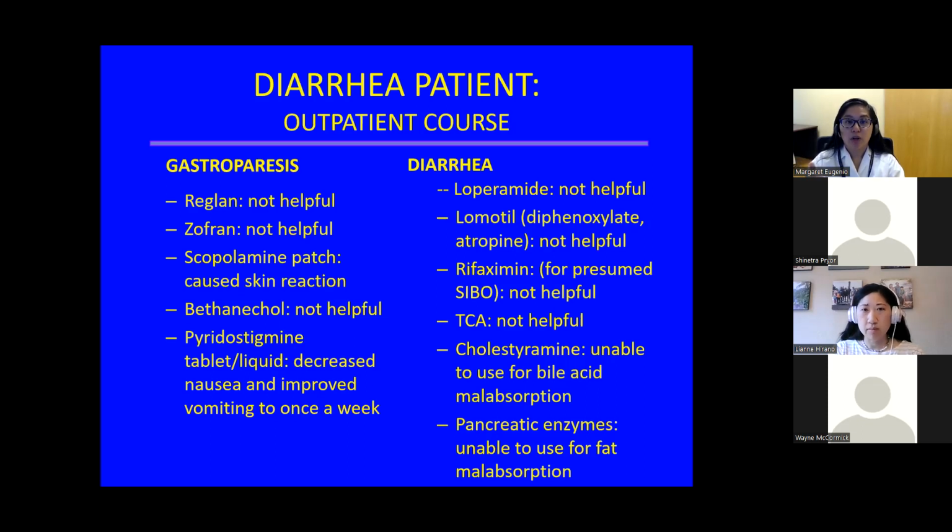But then I would say here at the university, we also have the option of doing an endoscopic pyloroplasty. With some of my gastroparesis patients, and some of the general GI doctors do this as well, you use all the medications that you can. If not, then you take them to EGD and see if you can dilate the pylorus to see if they have improvement of their symptoms. Sometimes you can Botox the pylorus, so you're relaxing and dilating it. Then it's just straight gravity, gravity's going down and you have a more open area so that food can go down into the small